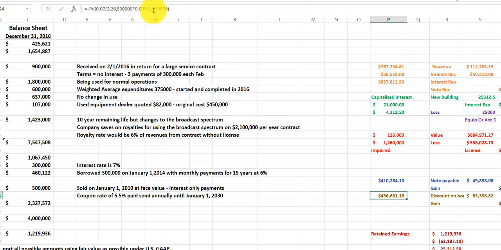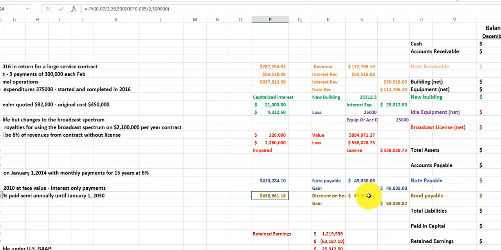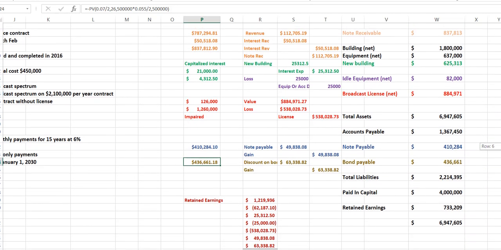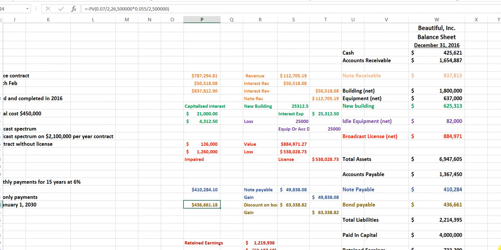And then at the end, there is a 500,000 face value. All the principal is due at the end. So we take the present value of that, we get 436, and the difference is our gain on that loan. So we're going to again reduce the amount of the note payable down to its fair value, and the bond payable. There's our total liabilities, paid in capital, retained earnings,